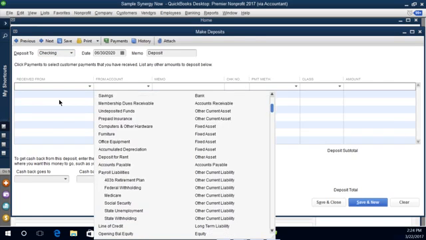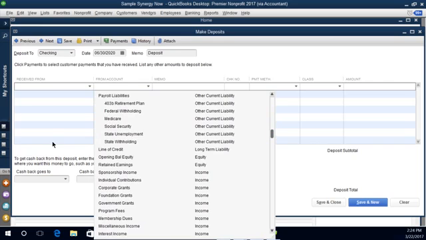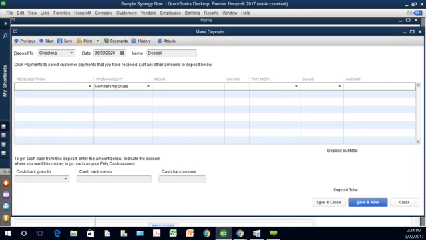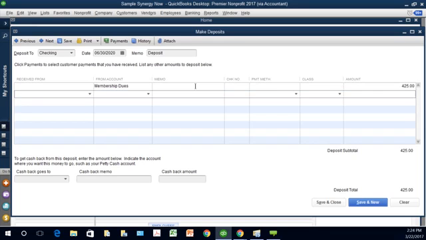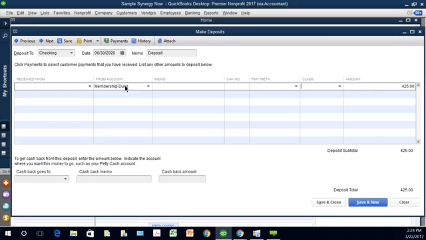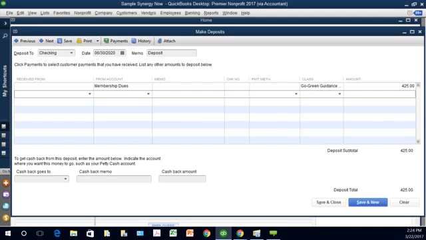So you'll go here and you'll say, well, we got a few checks for membership dues, 4 of them, but I'm not going to enter all 4 of them because they're already in the other database, and if I enter them over again here, I'm double working. So I'm going to lump it by category. The total of the checks was $425. I still have to point it to a class. Every transaction has to be pointed to a class. We'll say these membership dues are memberships to get into the Guidance Center at a cheaper price, so we'll put it there. Then let's say that we have a foundation grant,